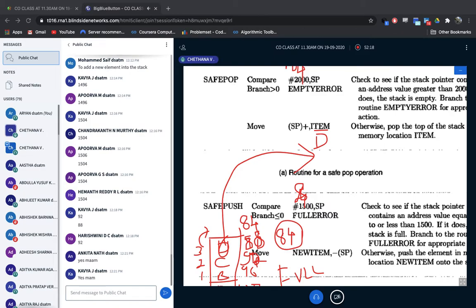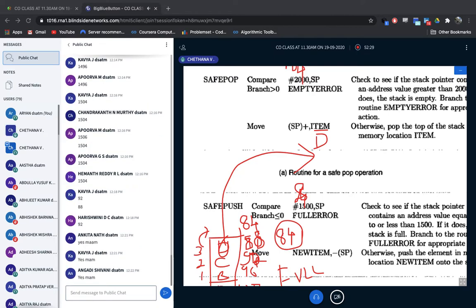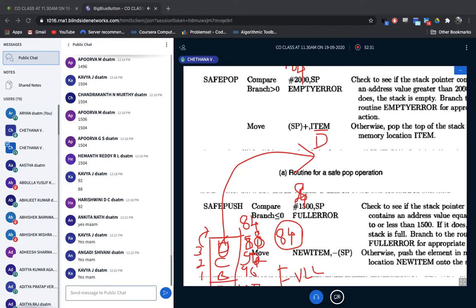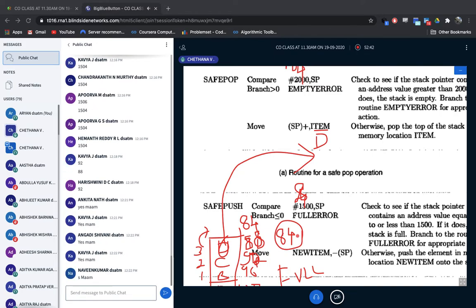Clear? A little bit of knowledge. If your stack is already full, you are not able to insert the item. If your stack is already empty, you are not able to take out the item or pop out the item. That's all. Simple. Okay, this is memory. I'm doing this with the memory locations. I'm not taking any other device. Inside the memory only, how to do the stack operation. That's all. Okay.